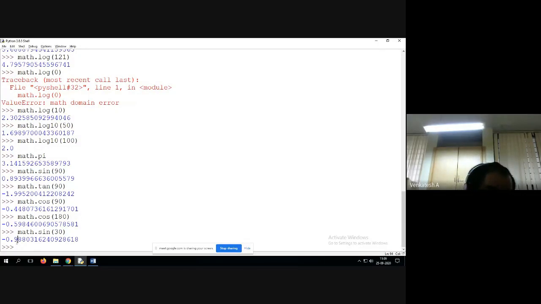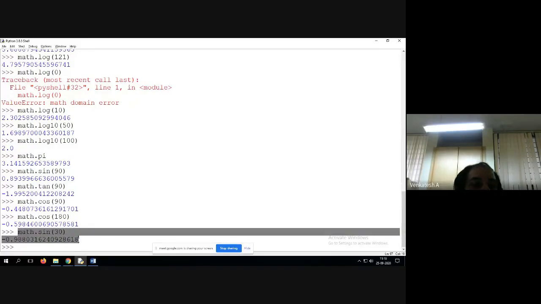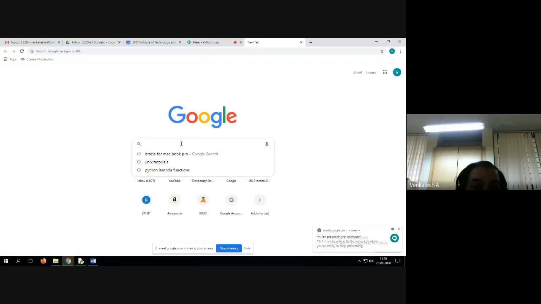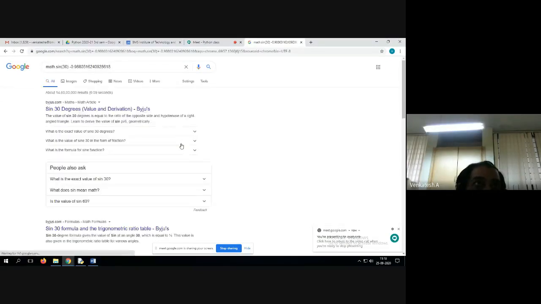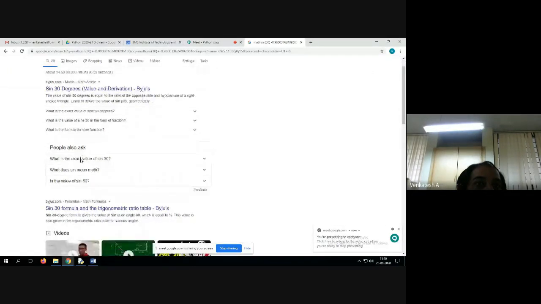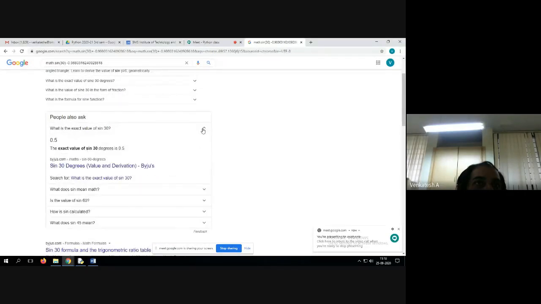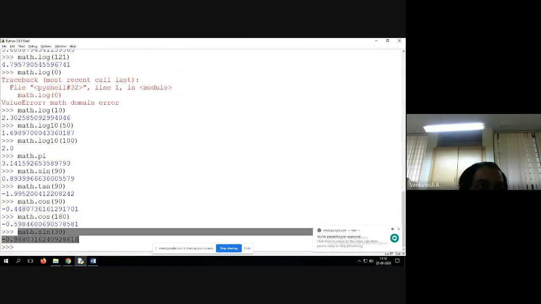Why is it showing negative values? Let us paste it as it is in Google and see what it shows. 0.5.